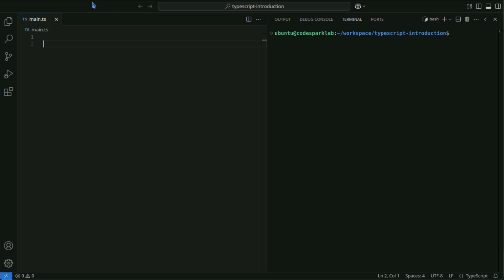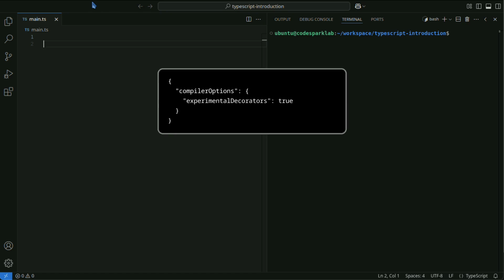Decorators were introduced in TypeScript 1.5 and have also been proposed for the ECMAScript standard. To use decorators, you need to enable the experimental decorators option in the tsconfig.json file.